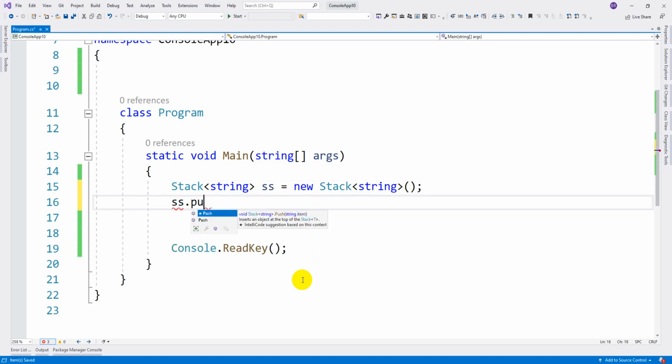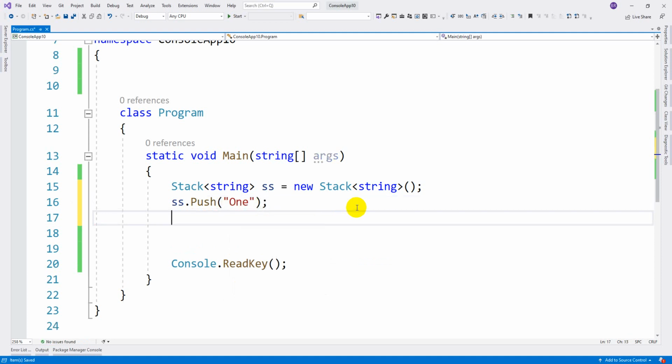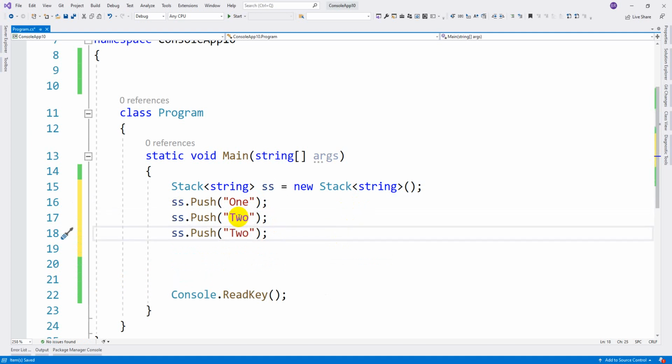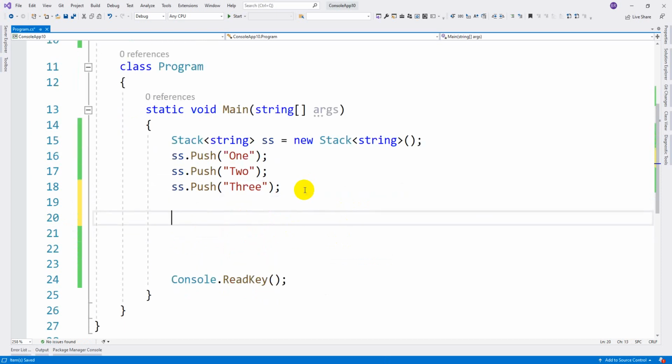As I said, push is the insert operation. You can insert only string values because we selected the data type as string. So 1, 2, 3. Like that we can insert the values by using the push method.